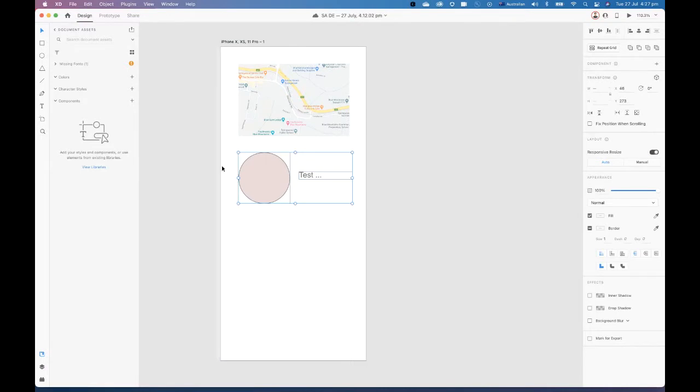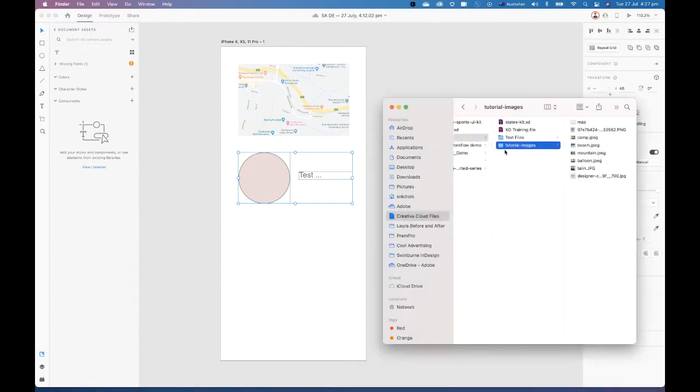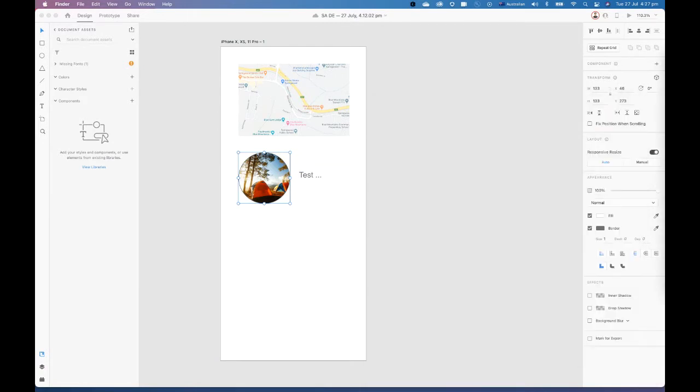Now, I want this image to actually be multiple tiles of places to go. So I've got some more imagery that I can add to it. So as an example, I can just pop this camp image in place. Now I could go through and copy and paste each of these and add the text individually, but I've already got a couple of assets that will actually help me,